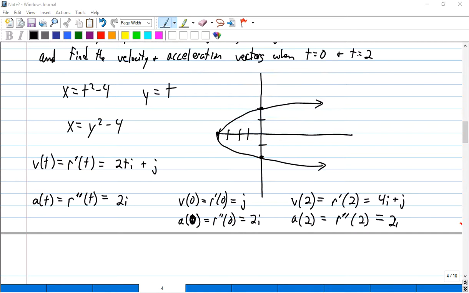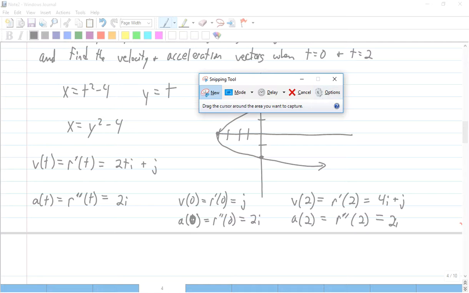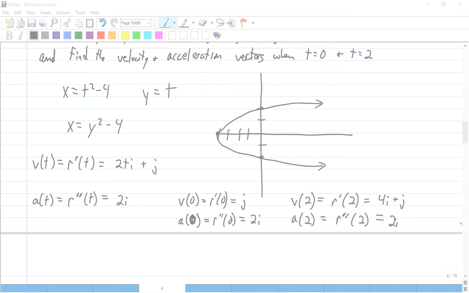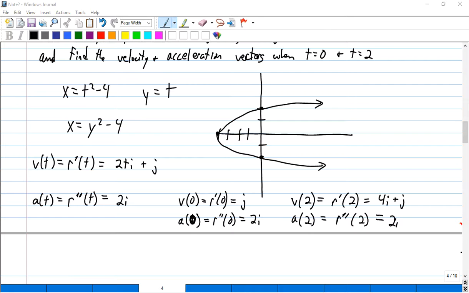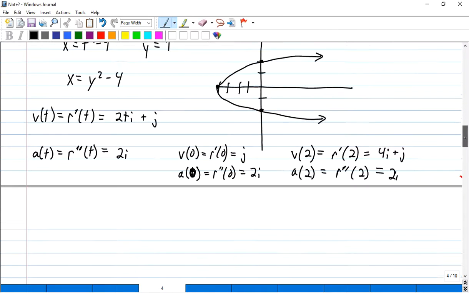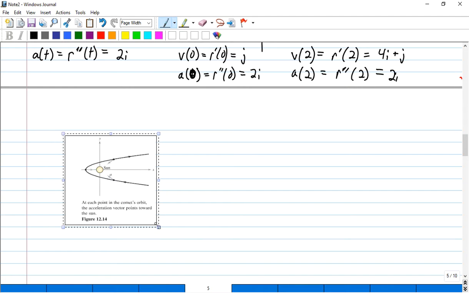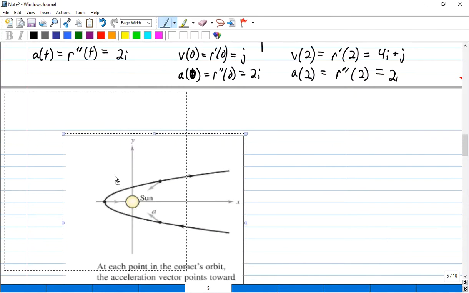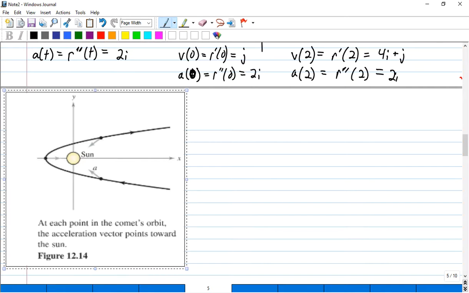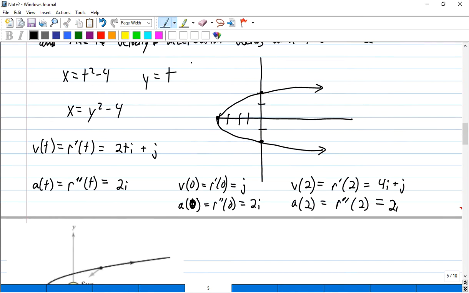So I'm going to put a little graph up here that's very similar to that graph, and I'm going to read you something out of the book about this graph and kind of compare it to what we had there. All right. So this says, referring back to our graph, for the object moving on this path,